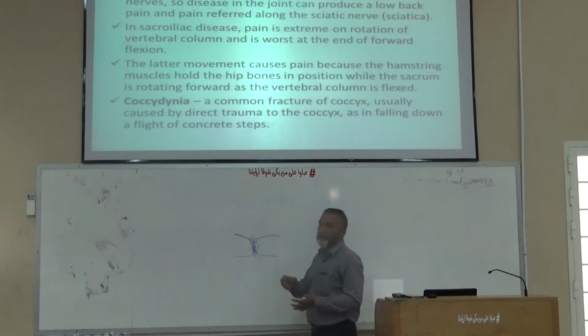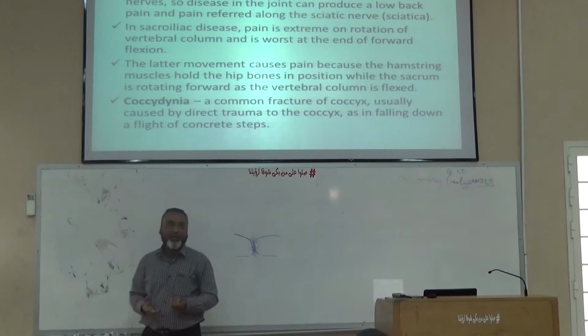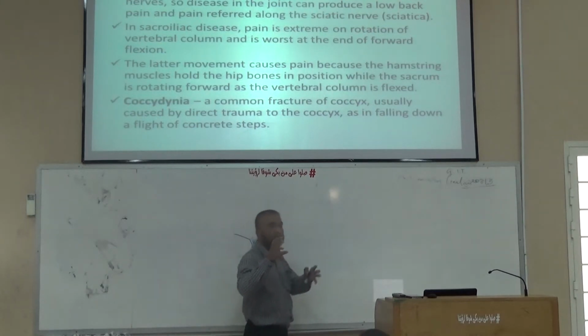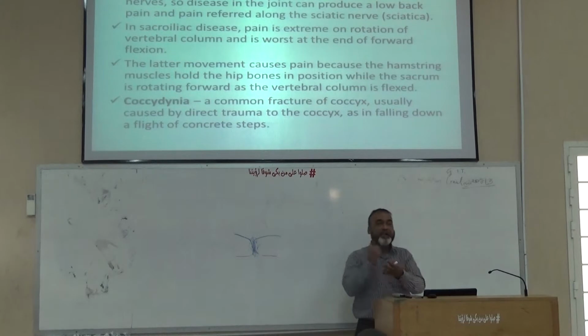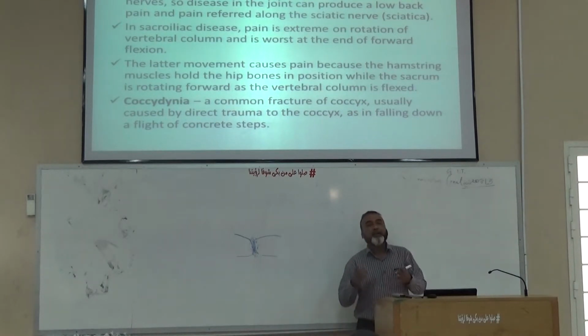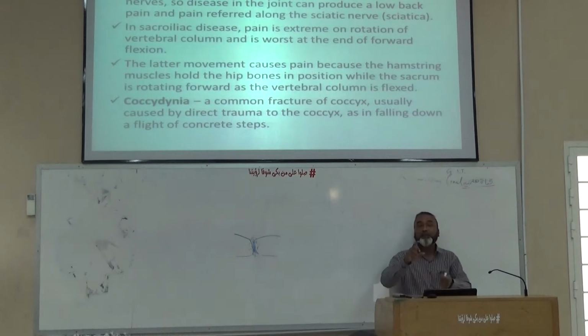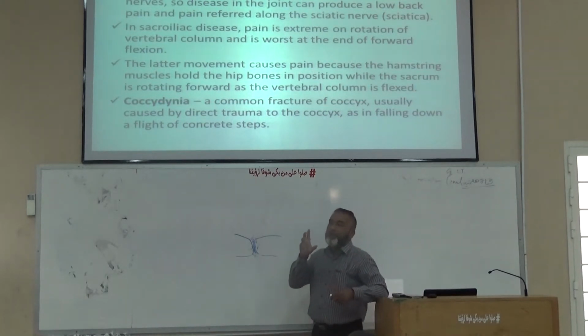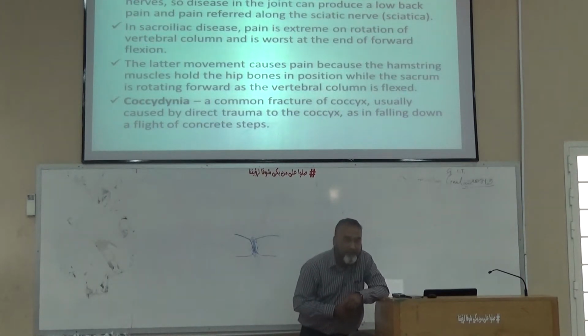Now, the sacroiliac joints are large joints. If there is any sort of problem or secondary involvement of the sacroiliac joints, and we know this is supplied by the lower lumbar and sacral spinal nerves, then what can happen? You know the root value of the sciatic nerve is L4, L5, S1, S2, S3.